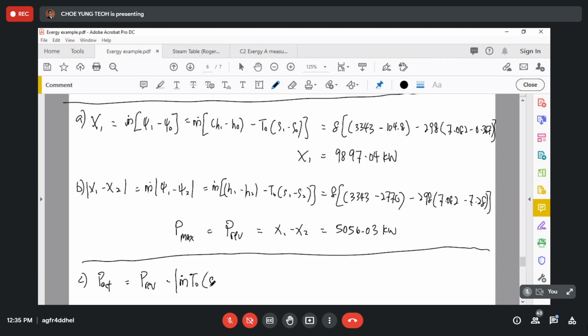Okay, so S1, S2 plus the heat loss. Okay, so reversible power is 5056.03 minus T0 S1 minus S2